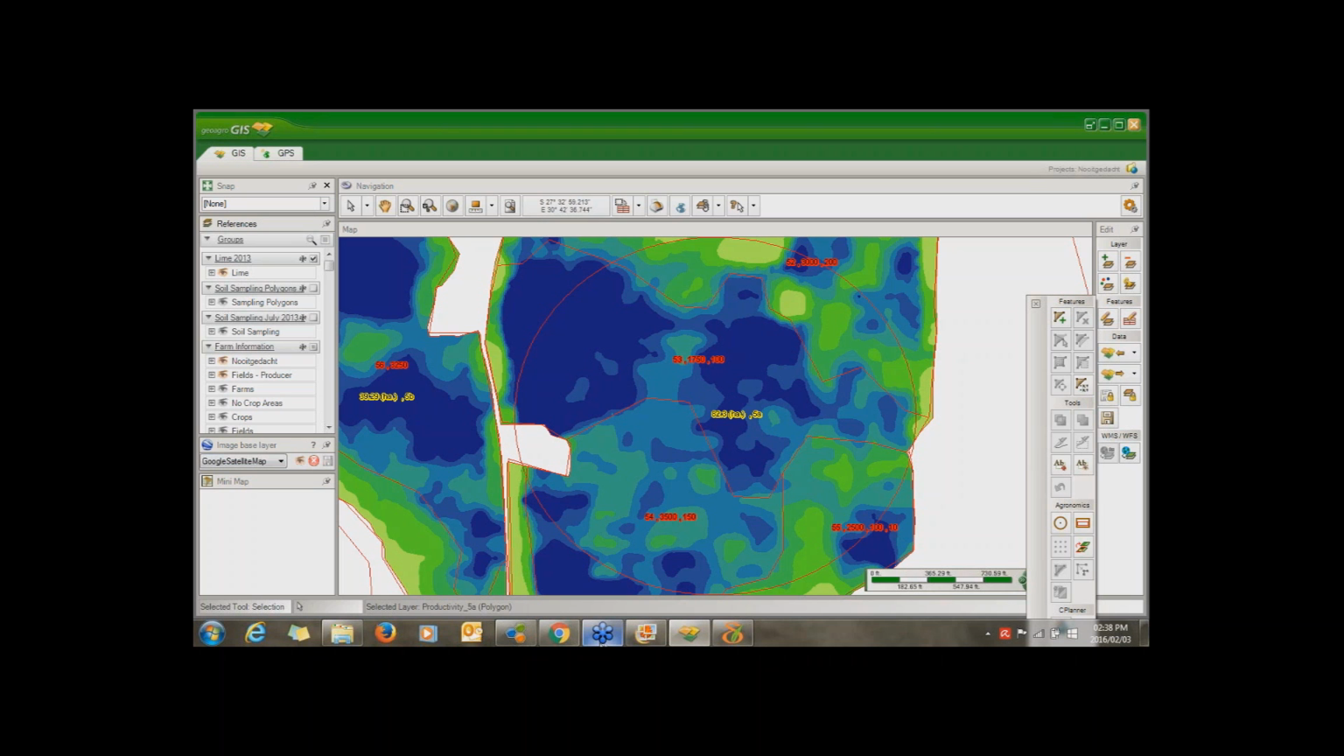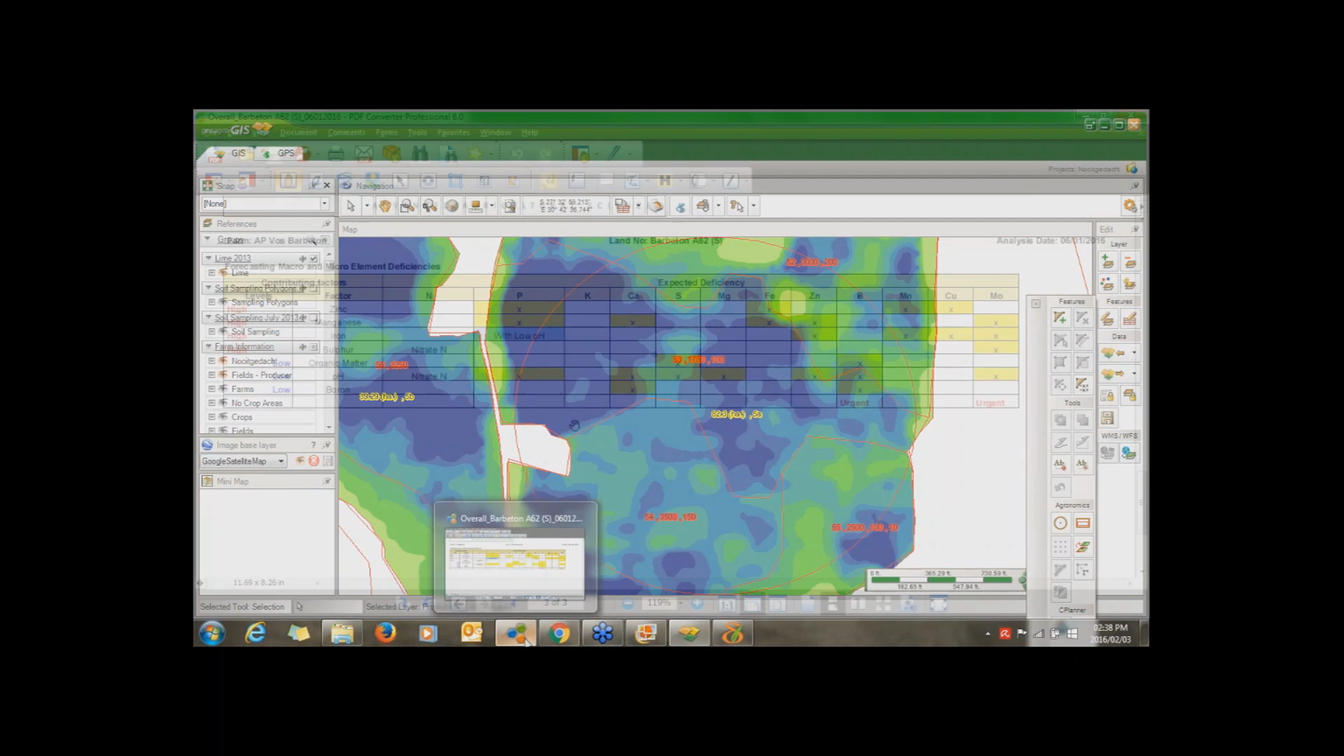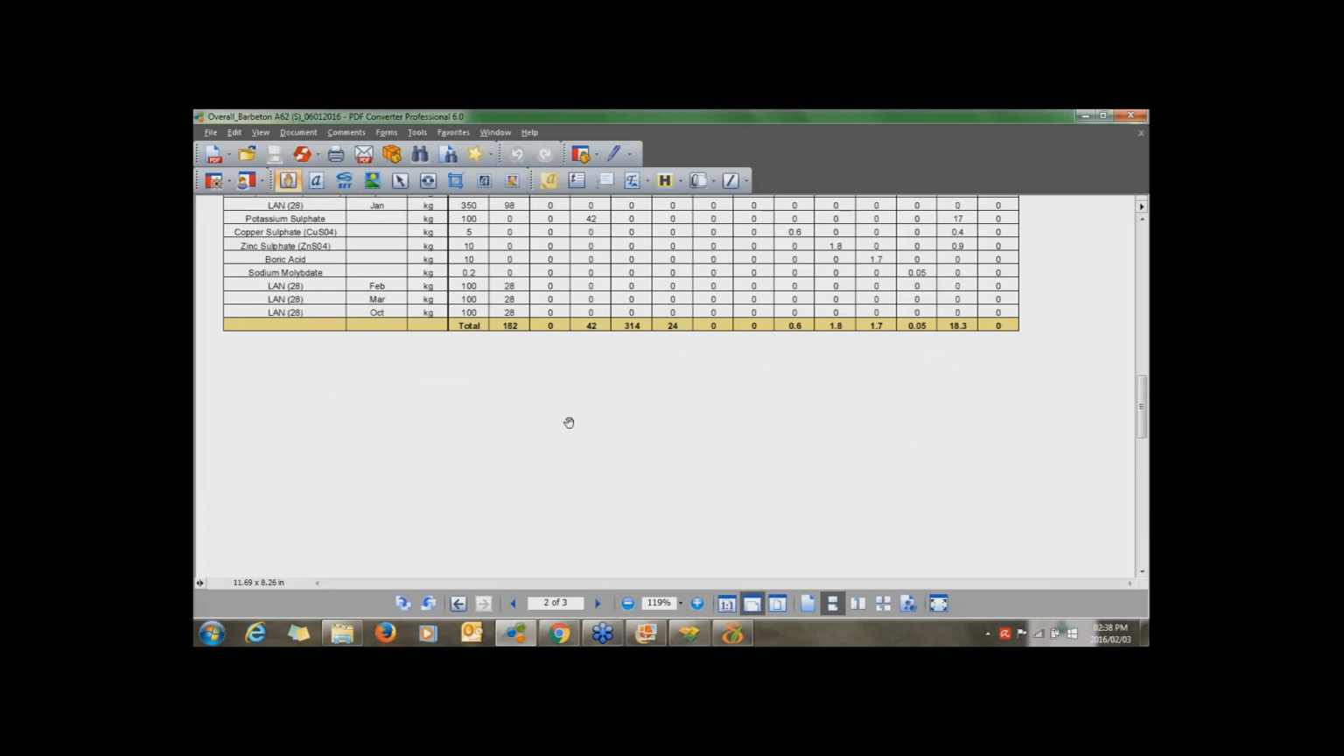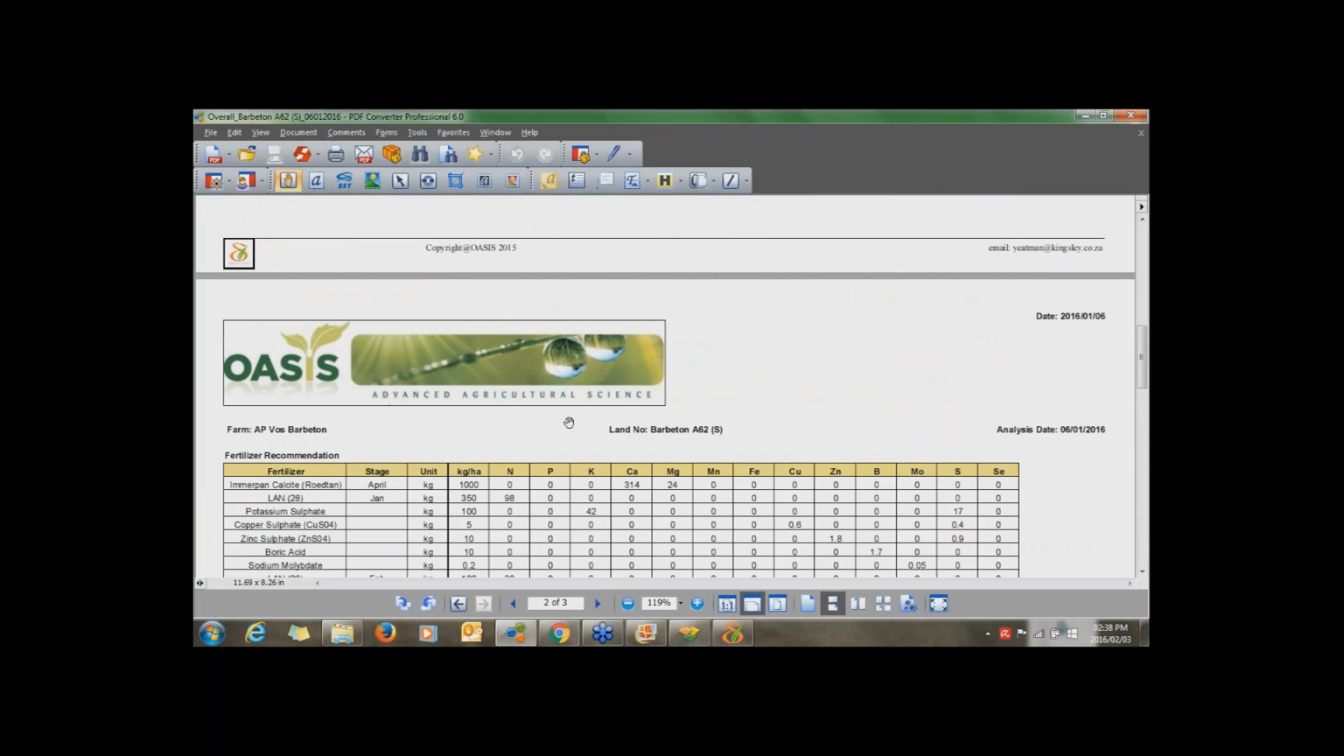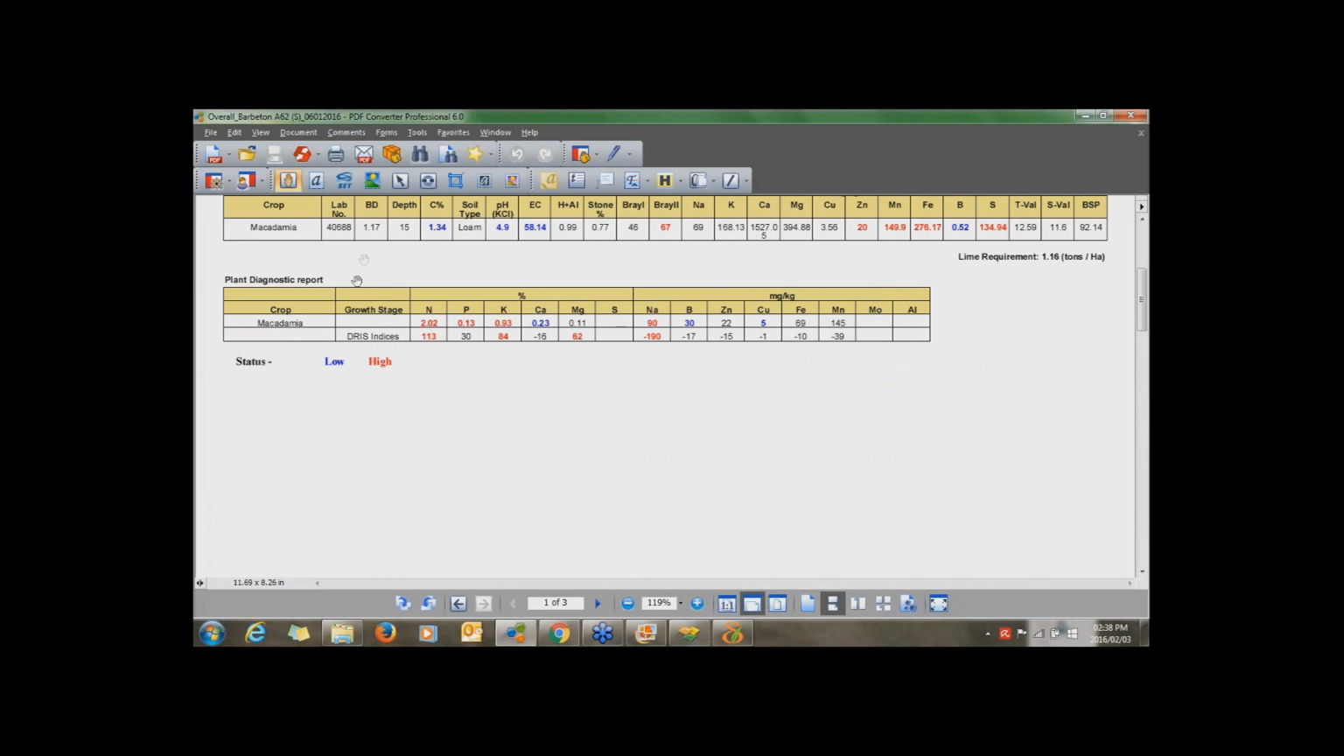We can go back now to the leaf samples that we then request be followed up during the season. I said this is an example. So we have the soil sample on top, and the lime recommendation for the farmer, but on the bottom one